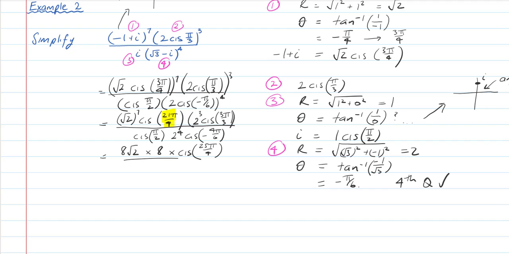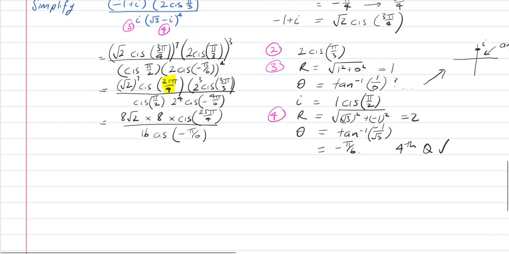And then this is all over, and on the bottom I've got 2 to the power of 4, which is 16, cis inside here, pi on 2 minus 4 pi on 6. Pi on 2 becomes 3 pi on 6. So I'm left with negative pi on 6. And now the 8 and that 8 and this make that a 2. That and this make that 4. So I'm left with